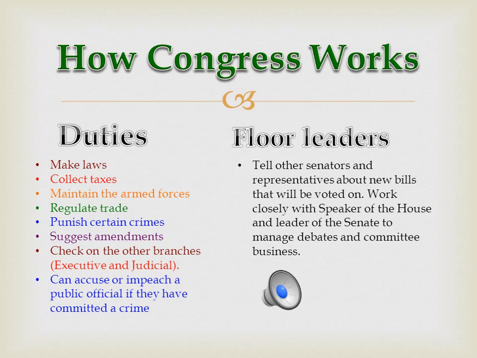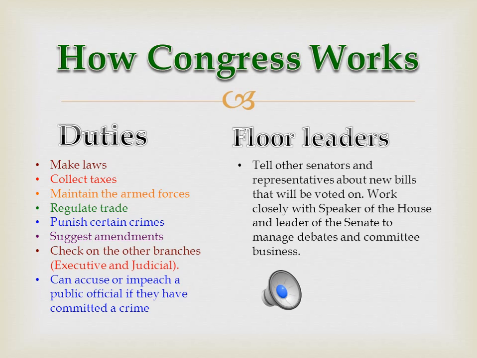Also in regulating trade is determining, are we sanctioning certain countries, or are we at war with certain countries? We might decide not to trade with them. We might refuse certain resources that they might need from us. There might be certain produce or oil or rubber. Who knows what it may be? Most likely it isn't oil. It would be something like steel or rubber that another country needs. And we could decide if we're having a dispute with another country. It would be up to Congress to decide to regulate trade with them.